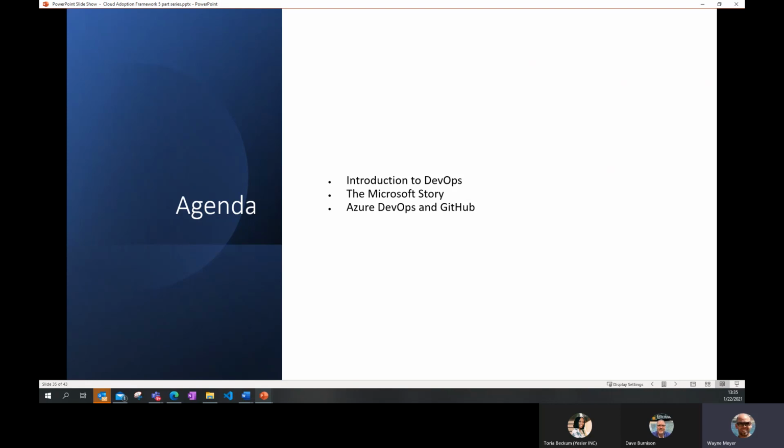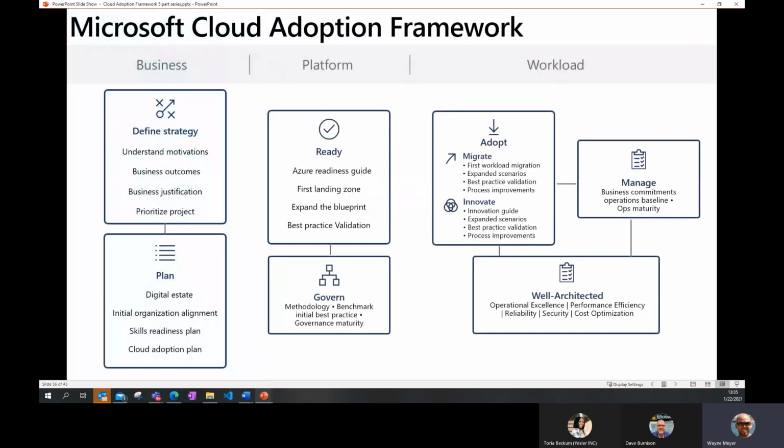We're going to get into the weeds. As usual, we'll start off with a recap, for those of us that might just be joining this conversation for the first time. Everything that we're doing is anchored around the adoption framework. We've got this really deep framework that we've built, which helps customers go on this journey from building out your business plan to making sure that the landing zone and your environment is truly ready and up and running, through to how we build out workloads and patterns and manage and operate that.